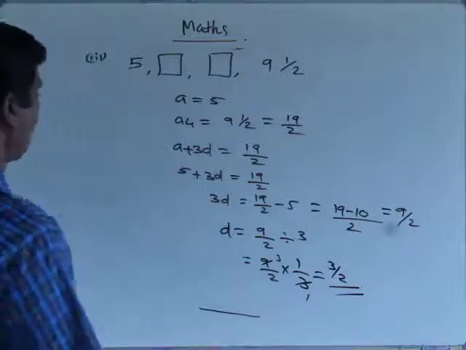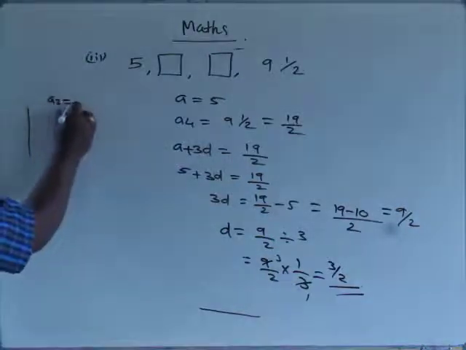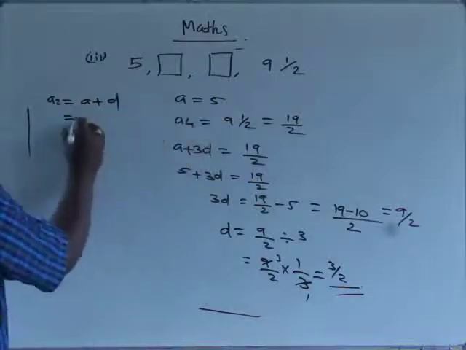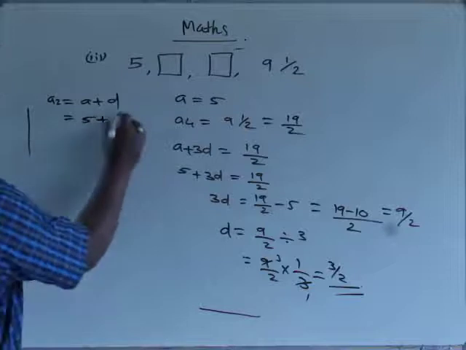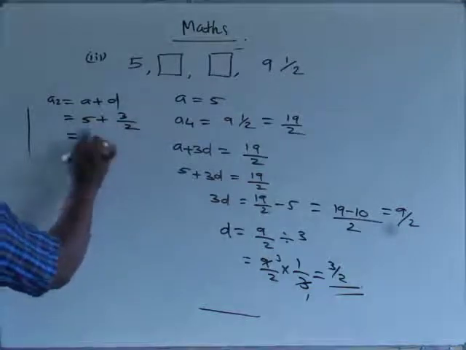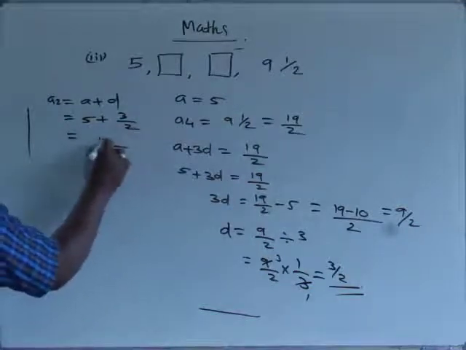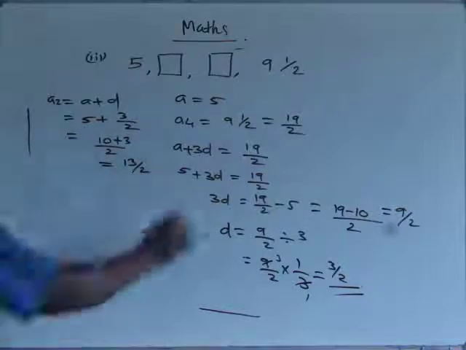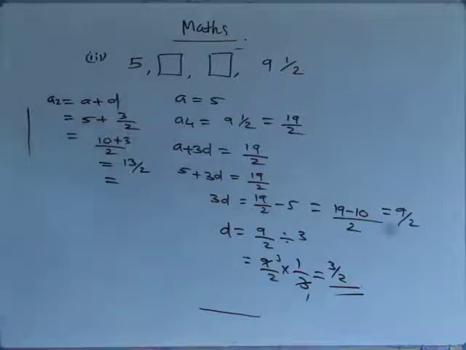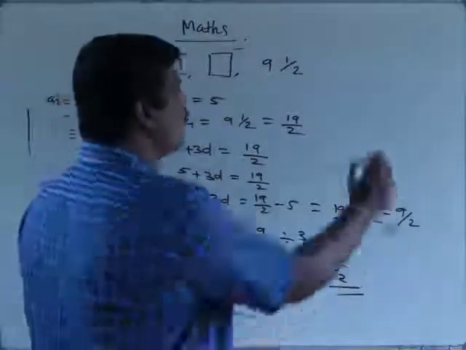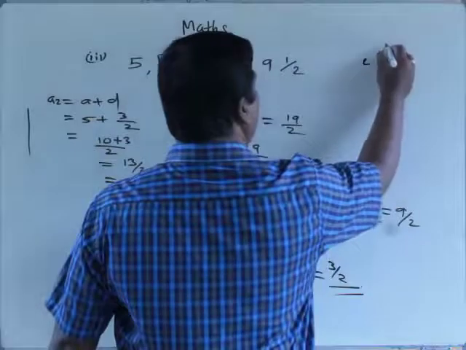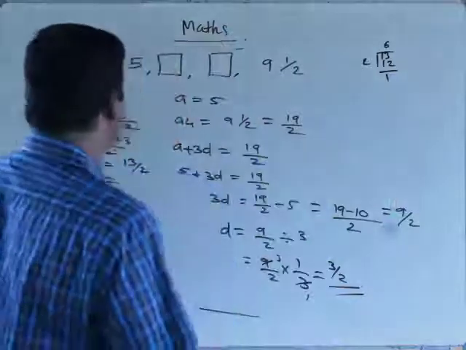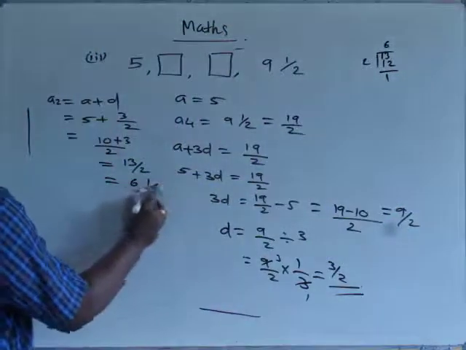First find out the second term, that is A plus D. A plus D, that is A how much? 5 plus D. What is D? 3 by 2. So cross multiplication, 1 into 2, 2, 10 plus 3. That is 13 by 2. Okay, 13 by 2, convert to a mixed fraction. 13 divided by 2: 6 2s are 12, remainder 1. So 6 1 by 2.